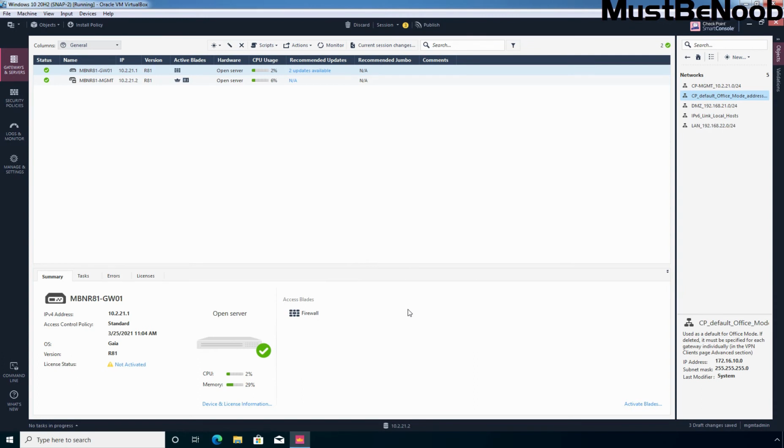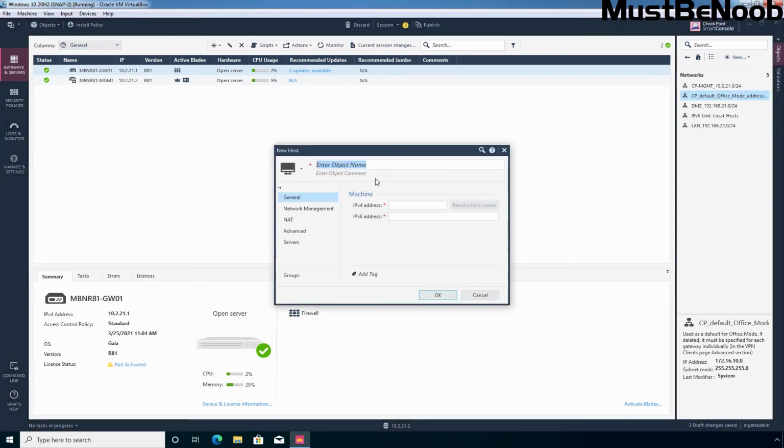I'm also going to create one host object, and for that I'm going to click on New, and this time I'm going to select Host. This time I'm going to create a new host object for my web server. So let's specify the name, Web server. And here I'm going to specify the IPv4 address of that server.